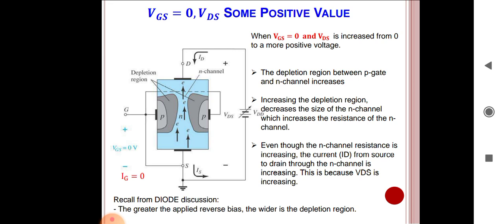So due to VDS, current starts flowing through the channel, and the reverse bias across both the junctions is low. Therefore the width of the depletion layer starts decreasing, and the penetration of the depletion layer in the n-type bar depends on reverse bias voltage, right? So maximum charge carriers are available for conduction because the depletion layer decreases with the increase in VDS. So the value of drain current corresponding to VGS equal to 0 is called the source saturation current, and IDSS corresponds to maximum drain current because the channel is widest, right?